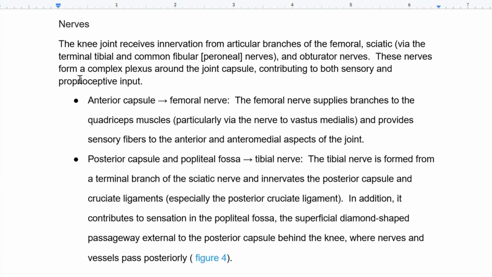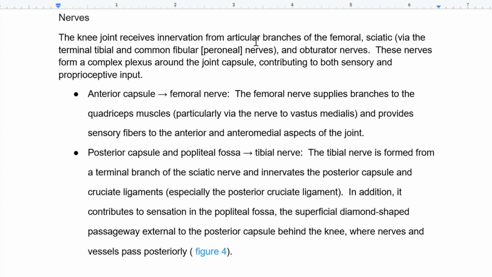Nerves. The knee joint receives innervation from articular branches of the femoral, sciatic via the terminal tibial and common fibular peroneal nerves, and the obturator nerves. So once again, that's femoral, sciatic, and obturator. The terminal tibial and common fibular peroneal are all part of sciatic,